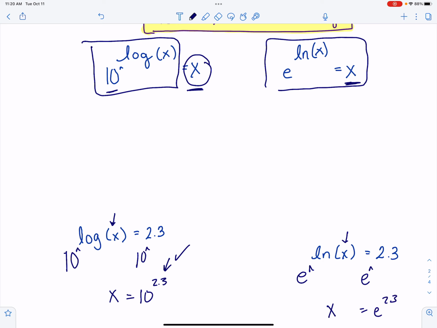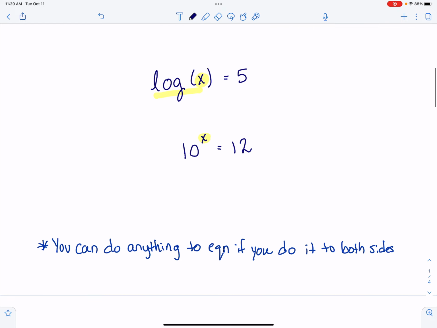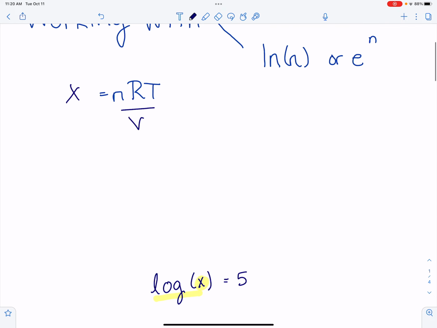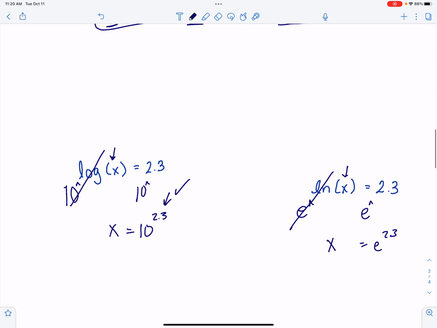Now, the shorthand in this, so you don't have to keep writing stuff out, is that a lot of times when you get to e raised to log, people will just write like this. Kind of like up here, when you would have divided both sides, when the x was on the bottom, people will just cross it out like that. That's the same format. You'll see that in a lot of work and videos for this course. So if you get to that format, the shortcut is just to cross it out. So that's how you get rid of an x